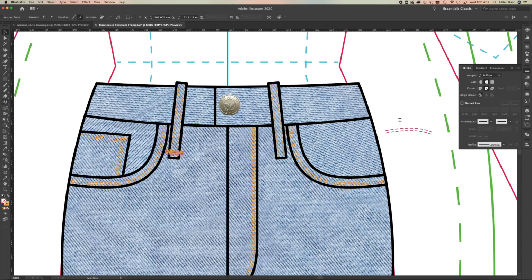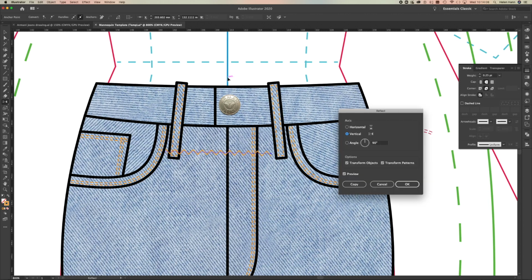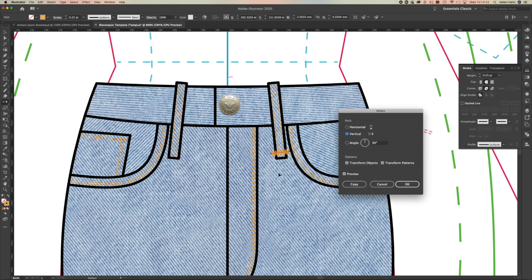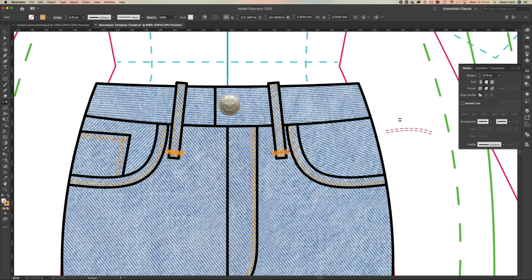I'm going to reflect that into the same place. Oops, need to make sure you've got the whole thing selected. So just deselect and reselect using the selection tool. Hold the Alt key, click on that line and click copy. Okay, and then